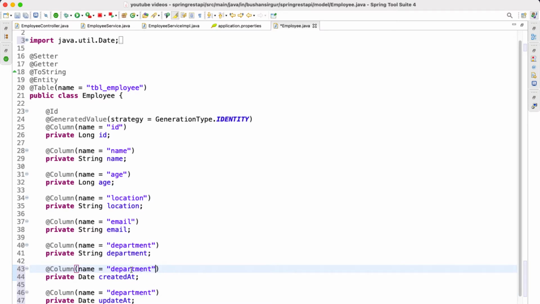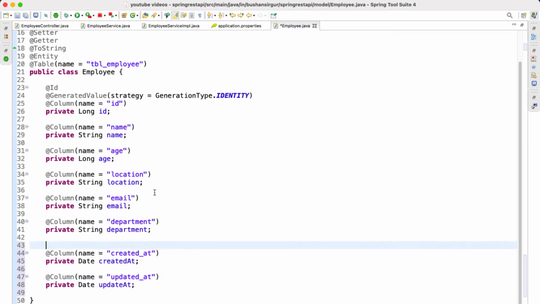I'll change this column name to created_at, and similarly I'll change this to updated_at, and we are going to add the annotation which is provided by the JPA, which is @CreationTimestamp.